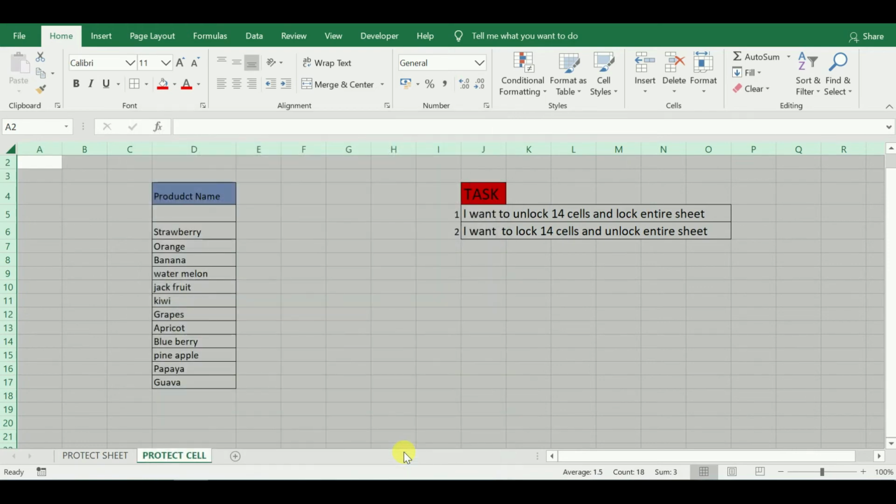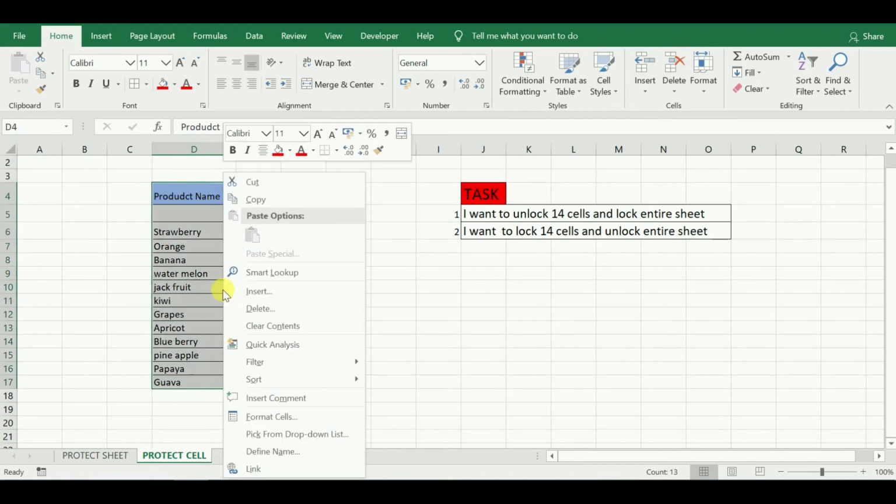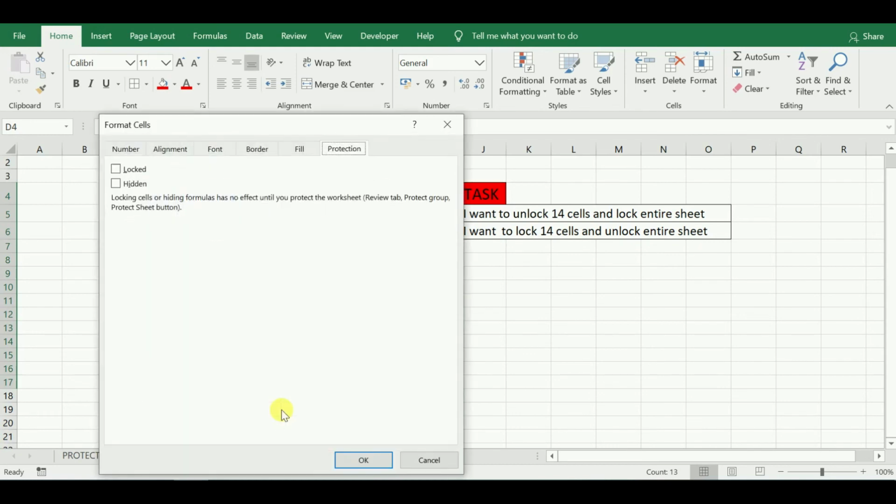After unlocking all the cells, now I have to lock the 14 cells. Select the 14 cells, right click, Format Cells, and then lock these 14 cells and click on OK.